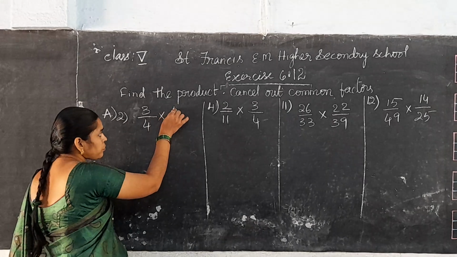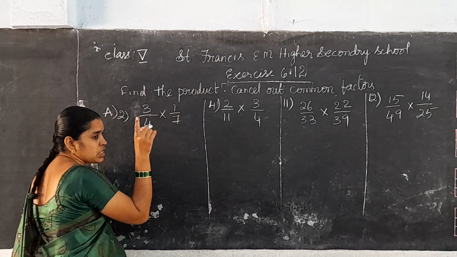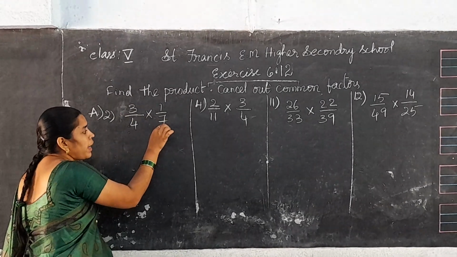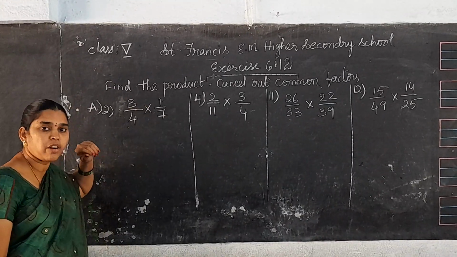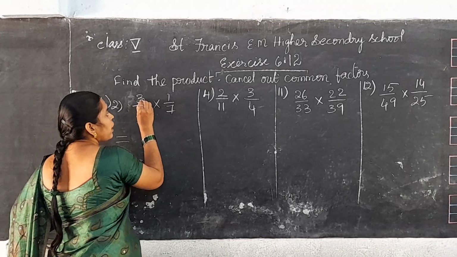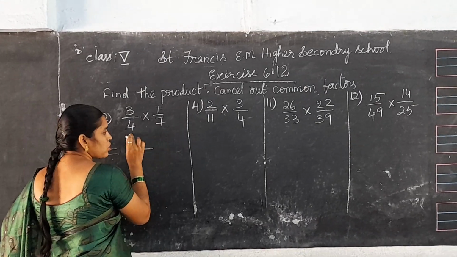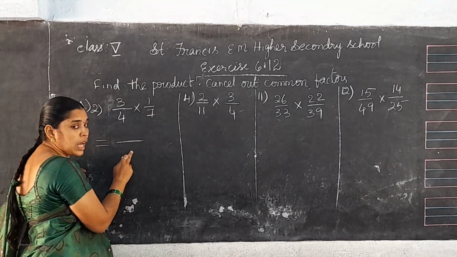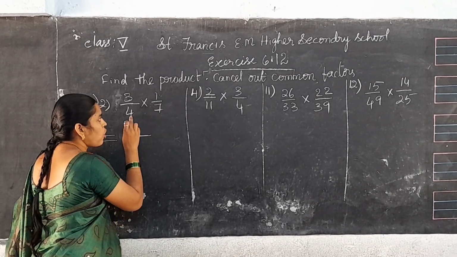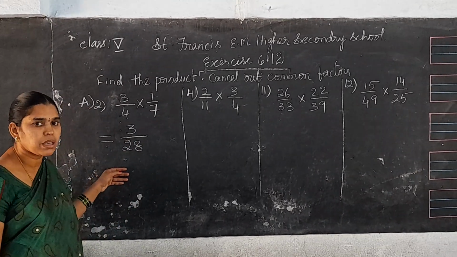Now, this is 1 by 4. Second numerator, first denominator. Here also 1 is the common factor. So, no need to change anything. Same. Now, first numerator by second denominator. In these two numbers, any common factor? No. So, now what we have to do? You should multiply numerator into numerator and write the product in the numerator, and both the denominators you should multiply. The product you should write in the denominator place. So, 3 1s are 3, 4 7s are 28. So, what is the answer? 3 by 28. The sum is completed.